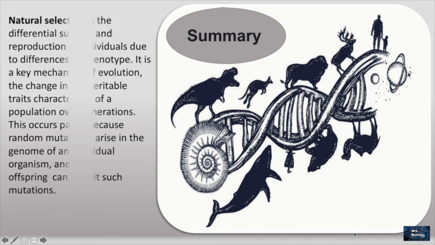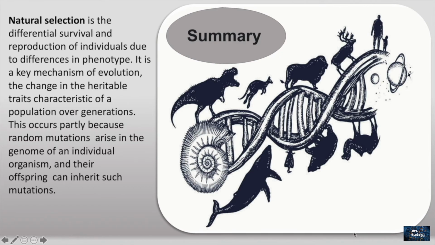In conclusion, natural selection is the differential survival and reproduction of individuals due to differences in phenotype. It's a key mechanism of evolution, the change in the heritable traits characteristic of a population over generations. This occurs partly by random mutations that arise in the genome of individual organisms, and their offspring can inherit such